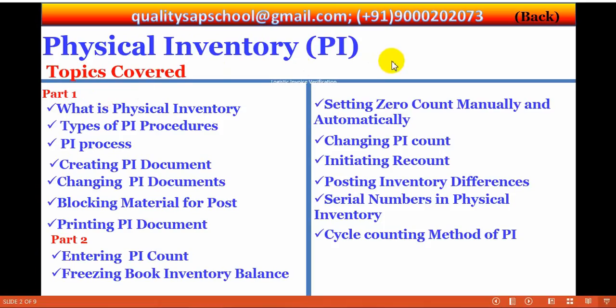Under this subject matter of discussion, the topics we are going to cover are the theory part of what is physical inventory, types of physical inventory, procedures, physical inventory process, creating PI document, changing PI documents, blocking materials for posting,